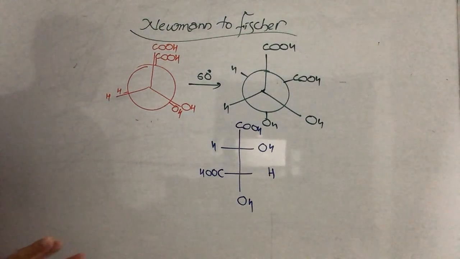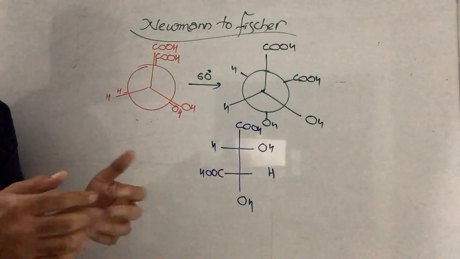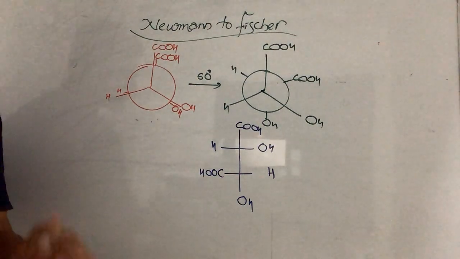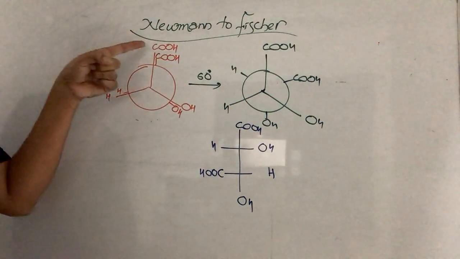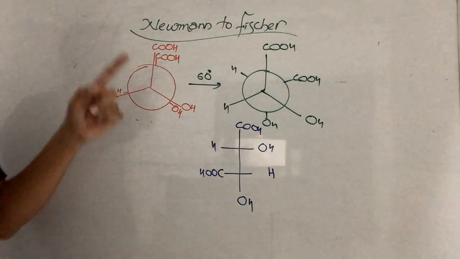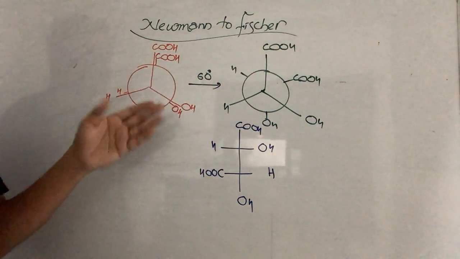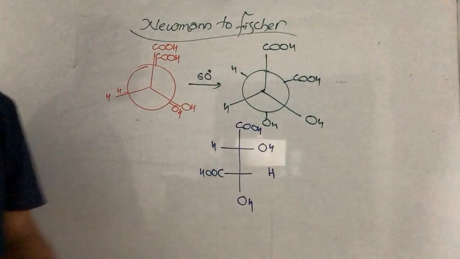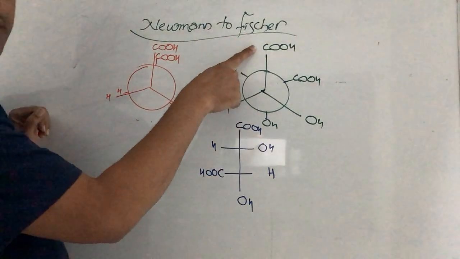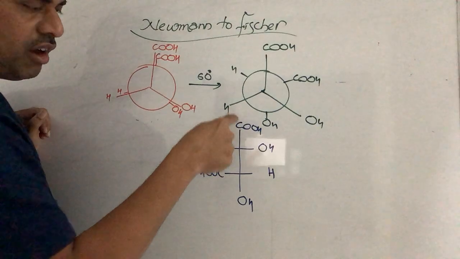So if you want to be very, very clear and don't want to make any mistakes, then simply go back to the eclipsed one. From eclipsed, COOH on top, next carbon, carbon, COOH. On this carbon OH right side, keep right side; next carbon OH right side, again keep right side. That's all, job done. But if you want to write from this one, then what you need to do: COOH is here, good, OH is here, all this will be underlined.